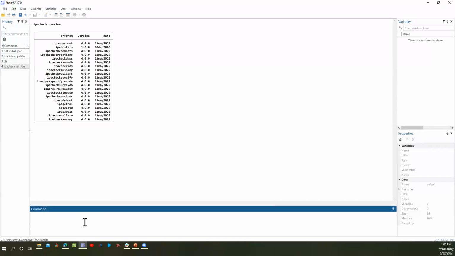And just like with the old one, there's a help file for all the commands, and you can pull out the help file for each of the commands by just typing help and the name of the specific command. There's also a help file for all the meta libraries. Now, if you don't want to think too much about it and you just want to pull them up easily, you can just look at the help file for IPA check.